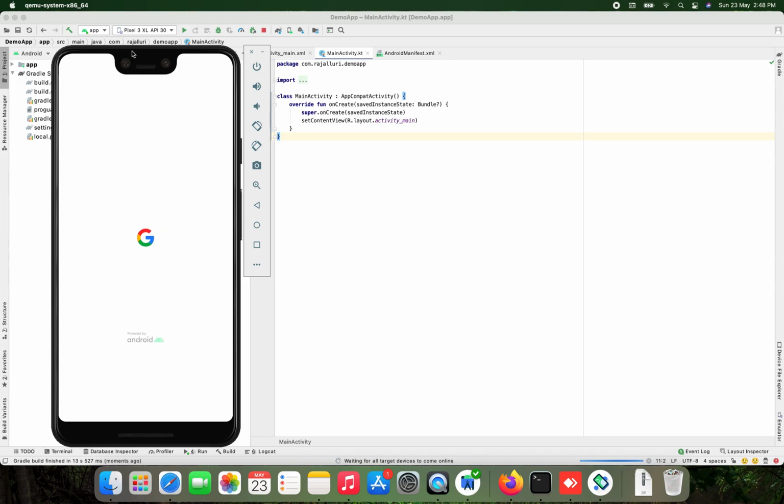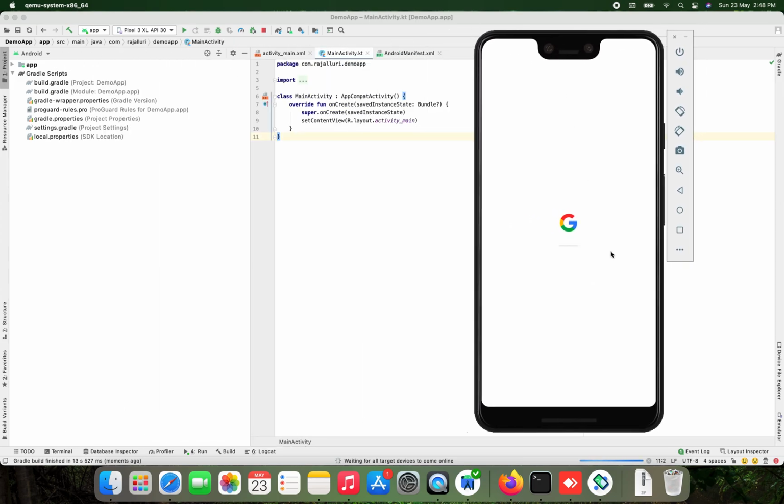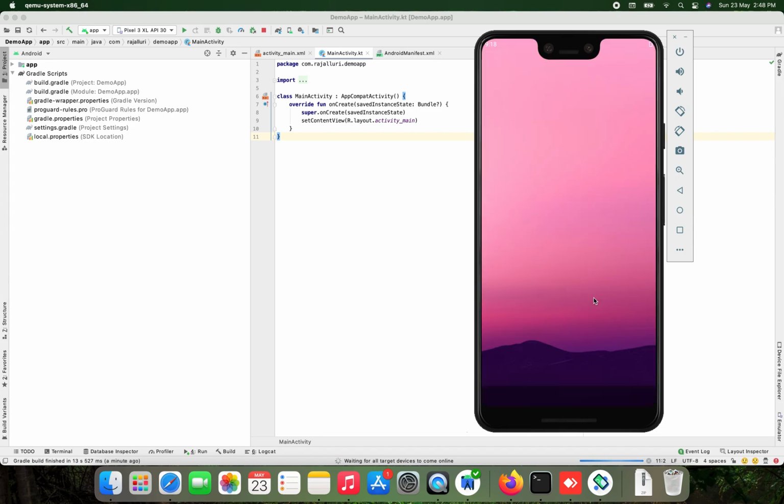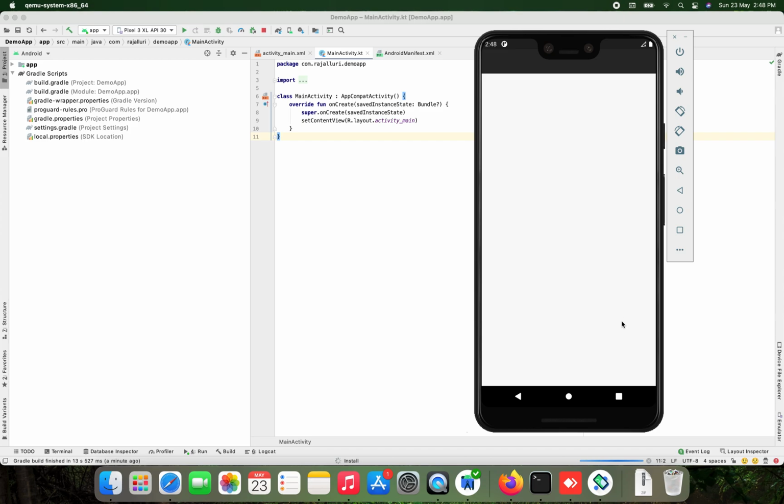It considers all those things and then starts the emulator. Yeah, so this is our sample app, and it is installed in the emulator.